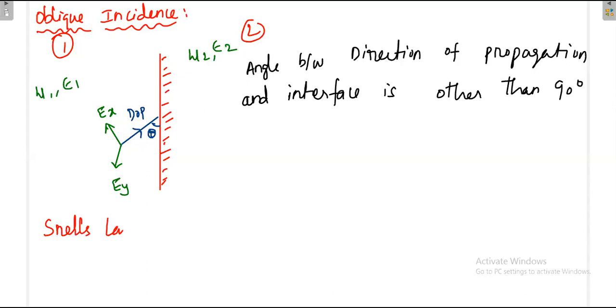Okay, Snell's law, you know the Snell's law formula. The refractive index of medium 1 times the sine of the angle in medium 1 is equal to the refractive index of medium 2 times the sine of the angle in medium 2. Then the refractive index of any medium can be denoted as, say for example,